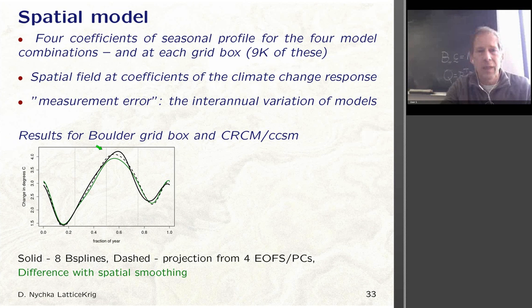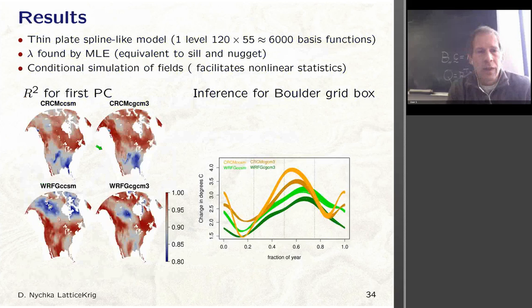Okay, last overhead. So one thing we can do is, let me just describe how I used what 1,000 basis functions. I'm doing a spatial smoothing on 16 different fields. So for each model, I'm smoothing the 4 coefficient fields, and then of course I have 4 different pairings of